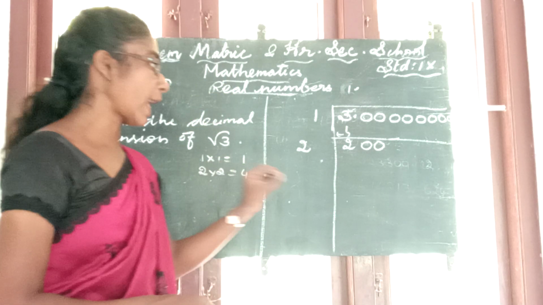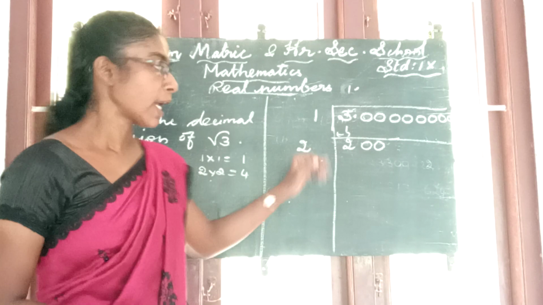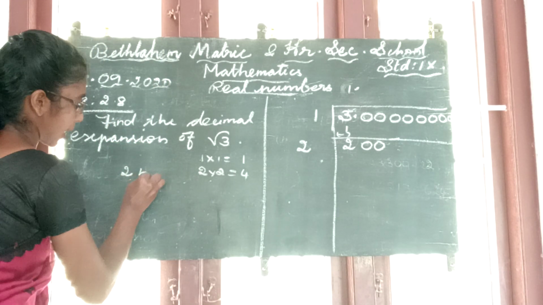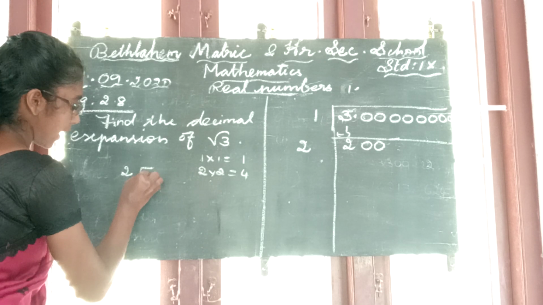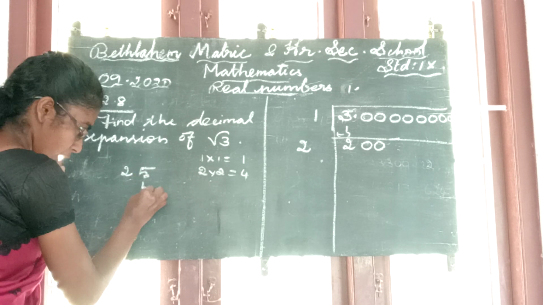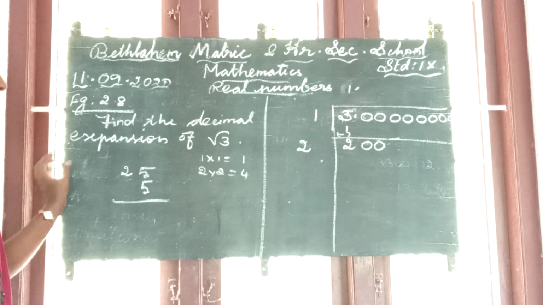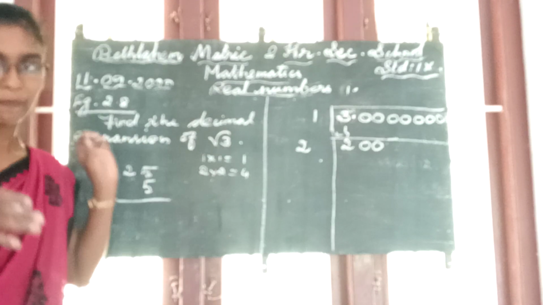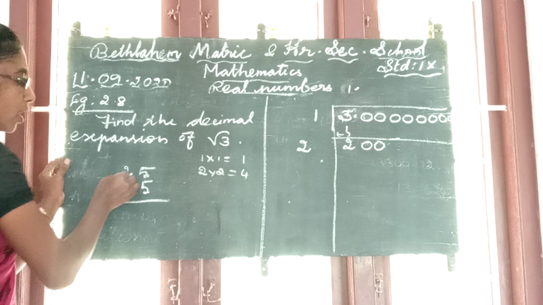Next listen carefully. 2 we have taken. Afterwards what do you have to do? In this 2, after it one number you have to add. If you are writing 5, you want to multiply by 5. First, the center value between 1 and 10. What is the center value? 5. That value I am taking. 2